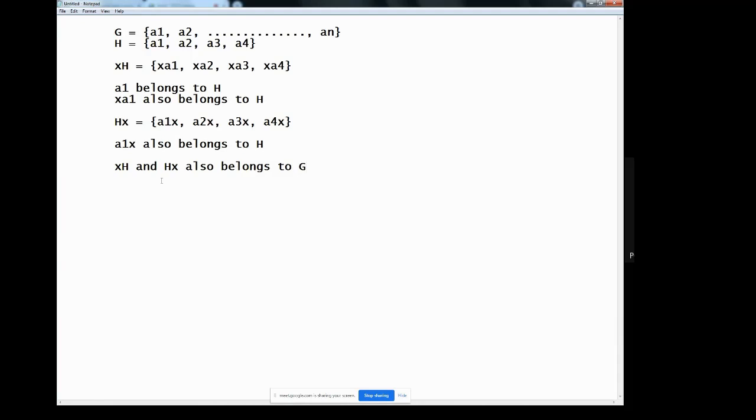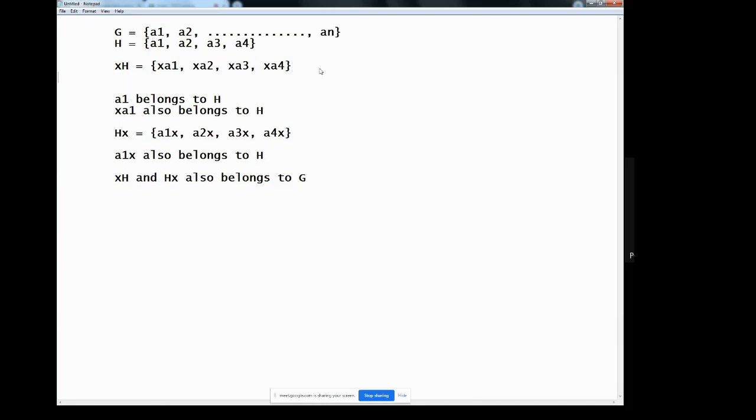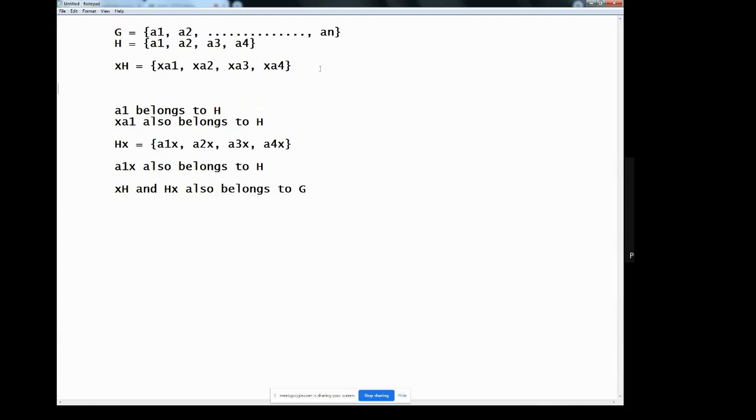So if you do this multiplication operation, or perform the combination XH, you are doing this operation from the left hand side, meaning you are going to multiply the element at the left hand side.